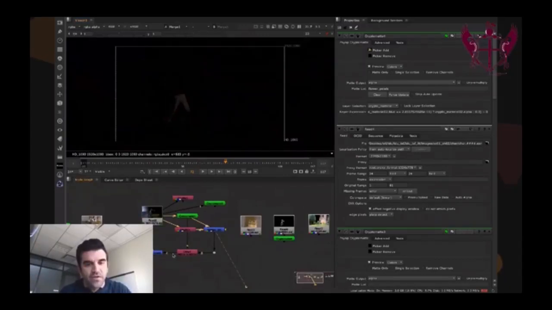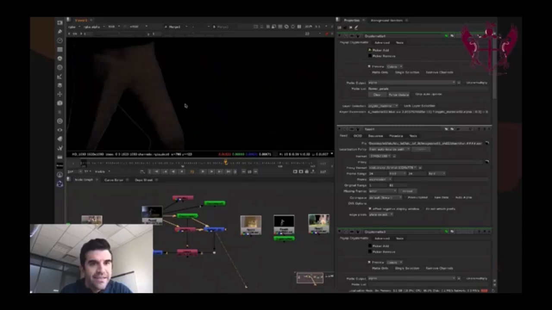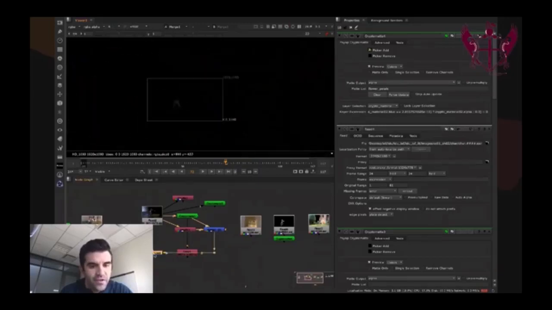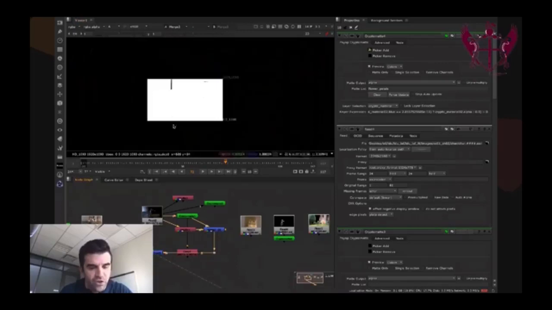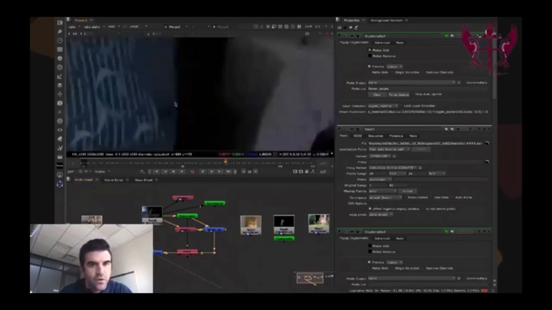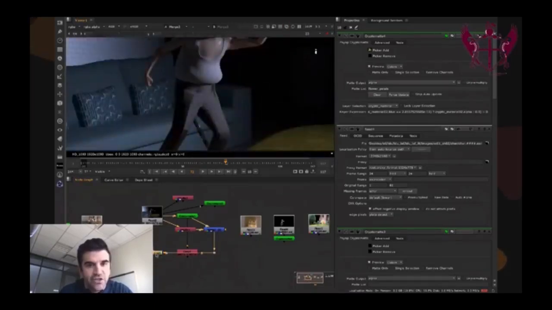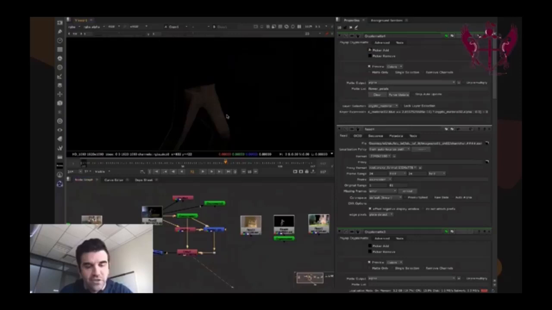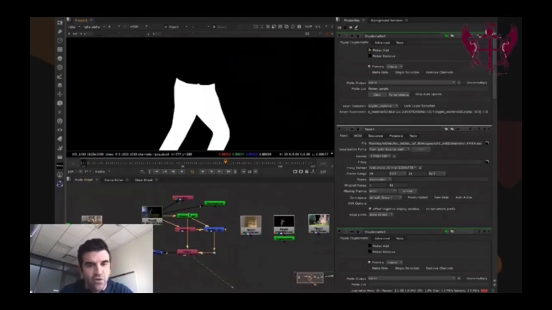Then what I did was, and I'll show you the mistake that I made, when you bring these together like this, sometimes this is the alpha channel. That's not ideal, because if I layer this back over top of the original, it's not going to change it too much just because that alpha channel is so thin. So what I wanted to do next was swap out the alpha channel with the original Cryptomatte alpha channel that I brought in. And that way, when I bring it over the top,